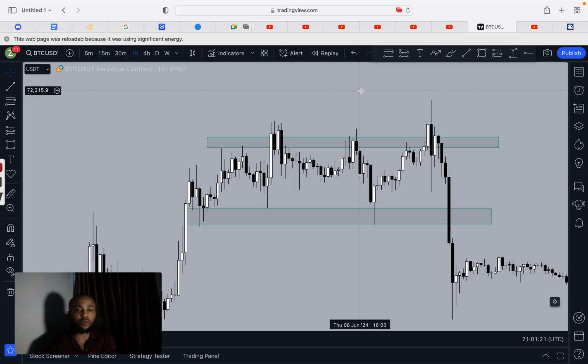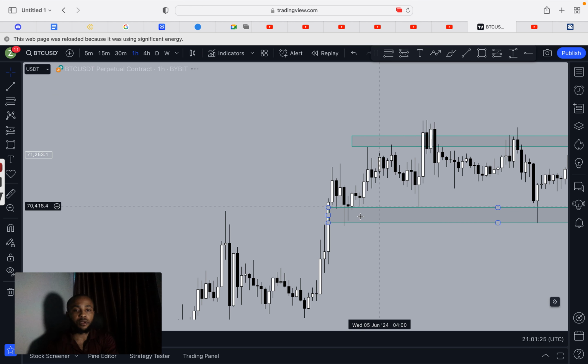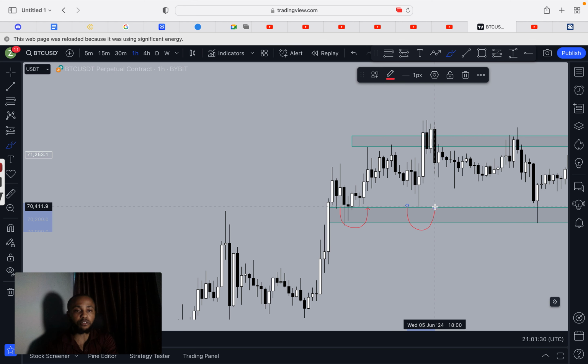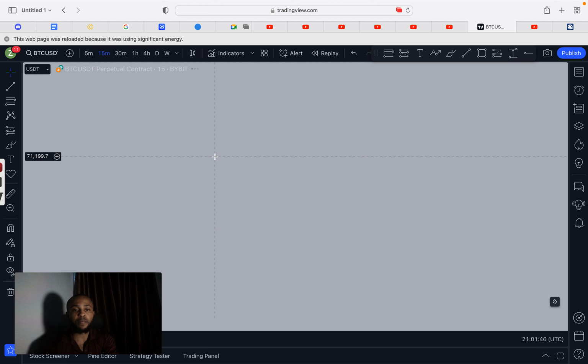So let's say price was at this point here, then we already know that this was support, and then this was our resistance, right? And then from here, what happened? Price came down to this level. What will you be looking for? All you need to do is go to the lower time frame, let's say the 15 minutes now, and look for the opportunity developing itself.